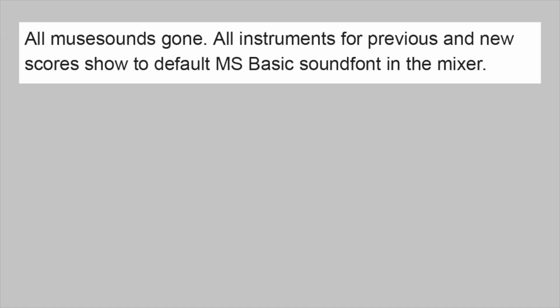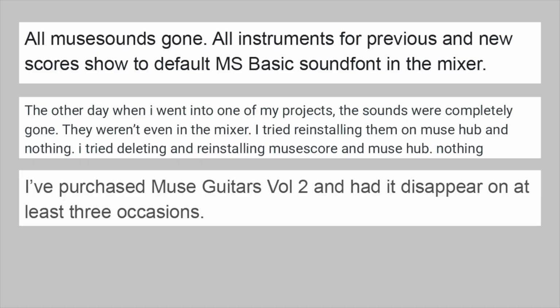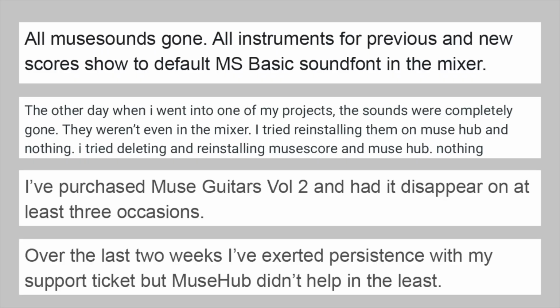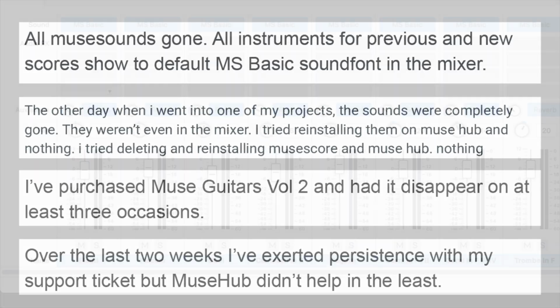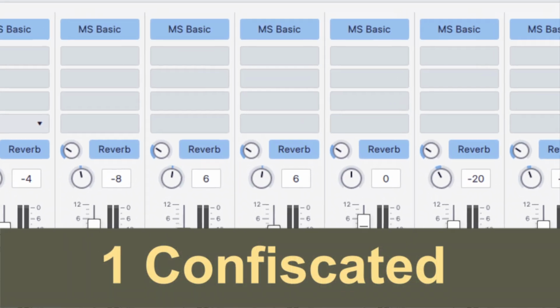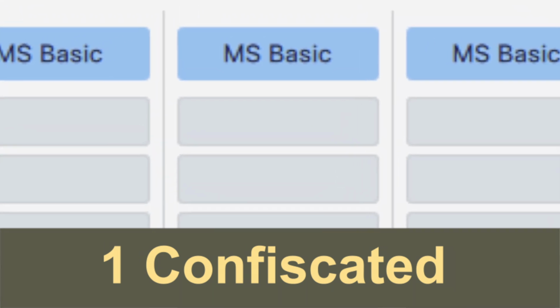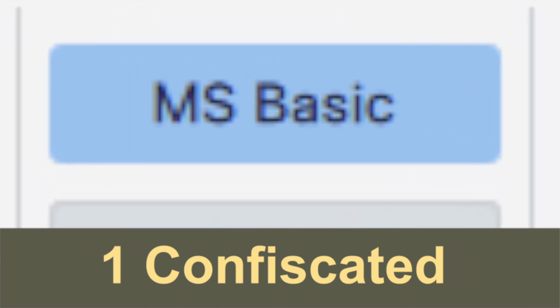You can't work like this, Muse. You can't confiscate users' products that they've paid for and expect to build customer loyalty. Surely you want people to use your product, buy into your ecosystem, and trust you so they do more and start using you for mission-critical applications. I'm just a guy with a small YouTube channel, but the last time this happened to me was 3 days before the release of this video. And I'm frustrated. You have to fix this for all our benefits.